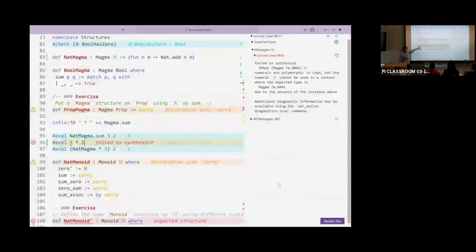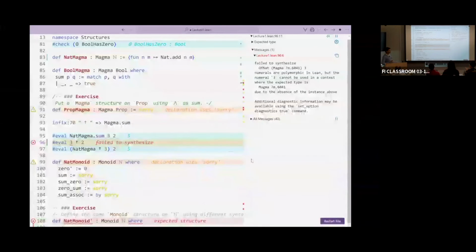And this, of course, is very cumbersome. We want to be able to write 3 plus 2, not add 3 plus 2, where plus is the plus. It should be automatic. And clearly here, we are not at this stage. So there is something missing here. We are, in a sense, on the good track, but we are not done yet.